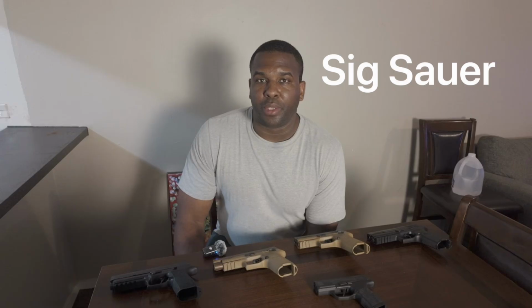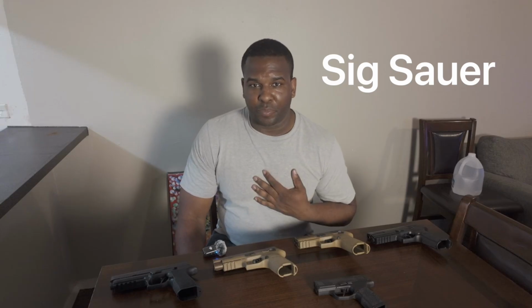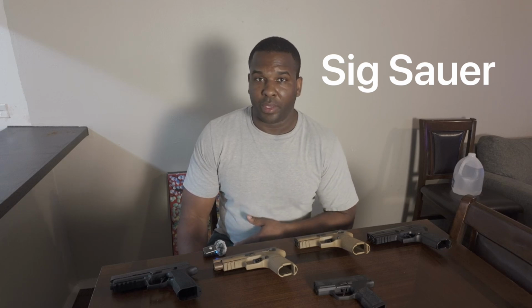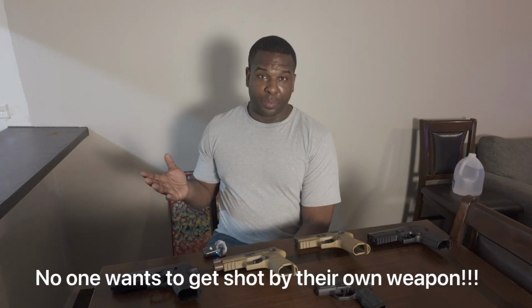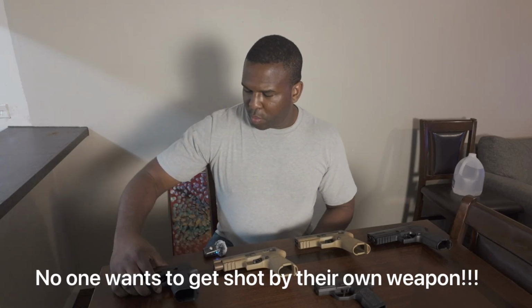Alright. Moving right along, here is my SIG collection. Recently, SIG has been under a lot of scrutiny due to some of these weapons firing off by themselves. I've never had any issues with any of mine, but I do know someone whose service weapon did go off without him touching it, and I believe it's something that SIG probably needs to go ahead and address. And if they need to do a recall, go ahead and recall it so they can get this issue kind of put behind them, because in my opinion these are extremely accurate firearms. I really like them. As you can see, I own 5 of them, and it's something that truly needs to be addressed. So we'll start with the